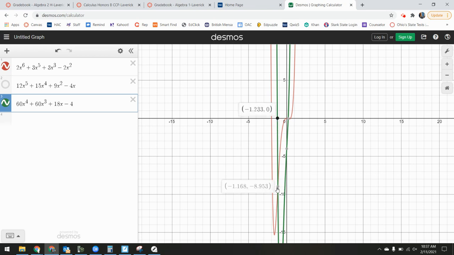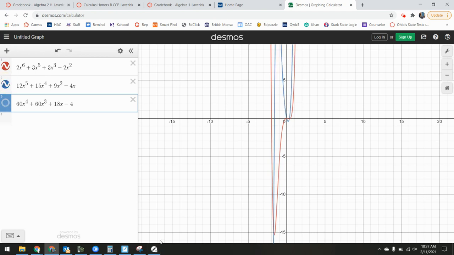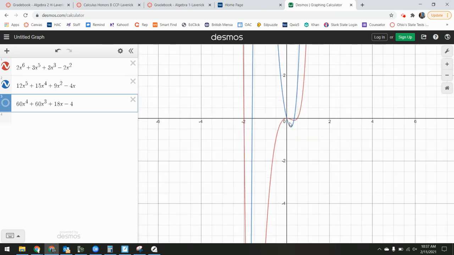-1.233, where it comes down here, well, it's not exactly, but it's really close. That's where the inflection point actually occurs. It's right down there, right? At that same x value, it's where the inflection point is occurring. If I reveal my first derivative on my original function, I see that my maximum value is where